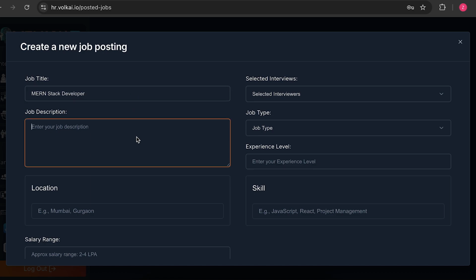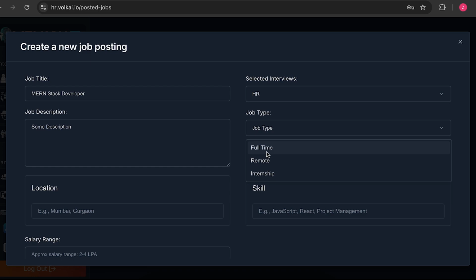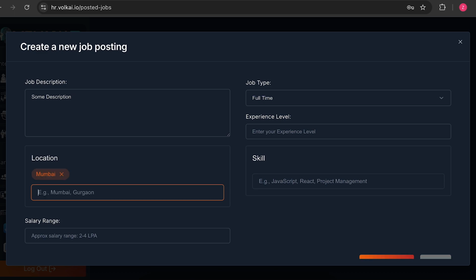Job description, some description, selected interview. So here we can select who are the interviewers. I'm gonna choose HR as the interviewer. He will be responsible for the interview. What the job type is gonna be, it's gonna be full-time,